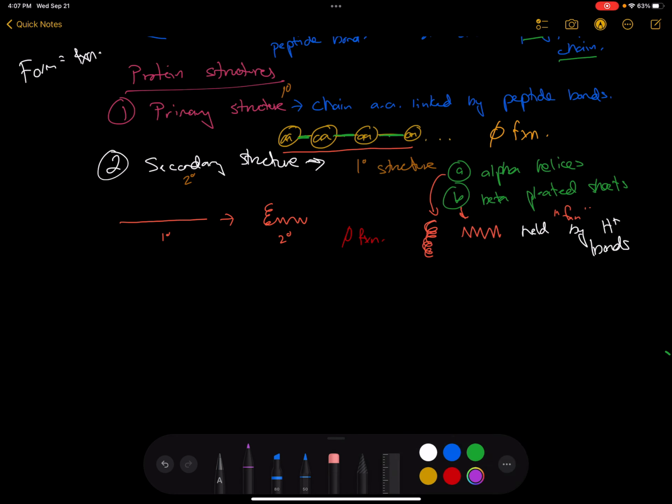Now, after secondary, you guys can probably guess the next structure. That's a 3. This is called tertiary structure. And tertiary structure, again, with a 3 and a little 0, is going to be made by the R group